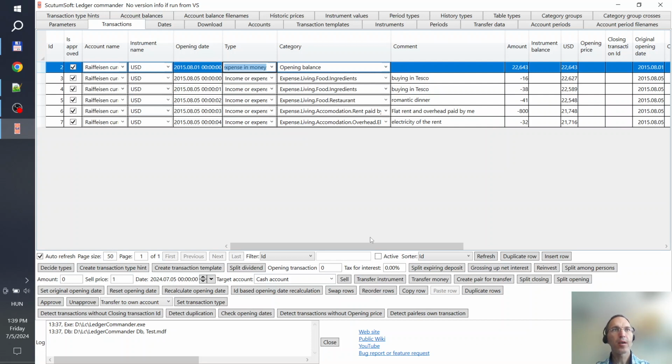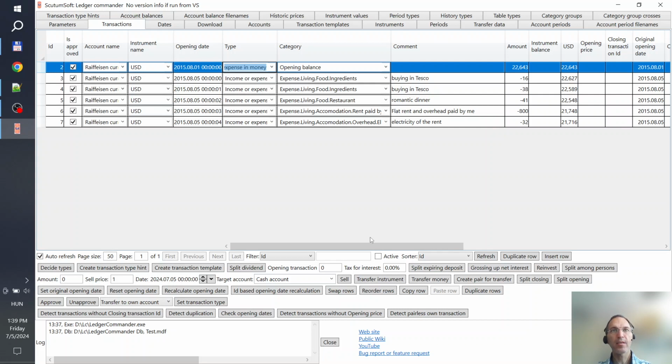Now I would like to talk about the difference between the opening date and the original opening date. August 5 was very busy. 5 transactions happened at that day. Unfortunately, when you look at your history in your internet bank, you see only the date but not the time of the transactions.